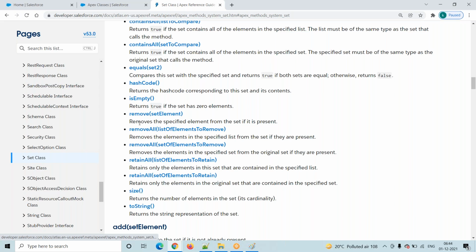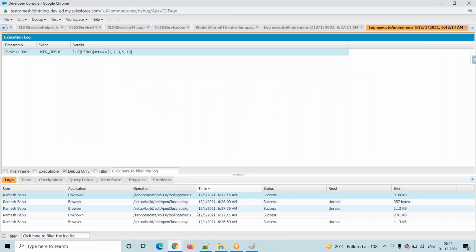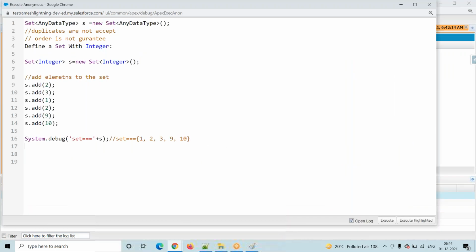If we want to remove, all the same methods whatever we discussed in the list, set also has the same methods, but the difference is in the functionality. In a set, duplicates are not allowed and it is not order based. In a list, duplicates are allowed and it is order based. That is the main difference. Any questions on this one? Any questions?